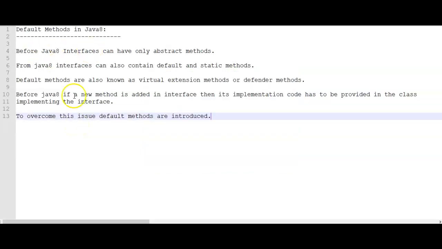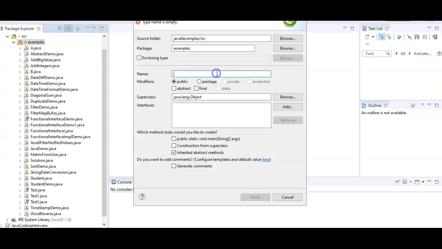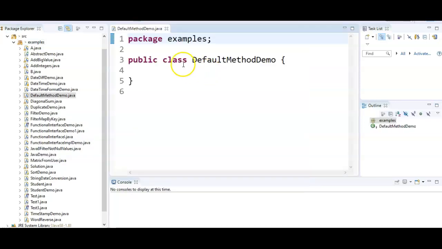How to write the default methods? Let's create an interface. Let's call it DefaultMethodDemo.